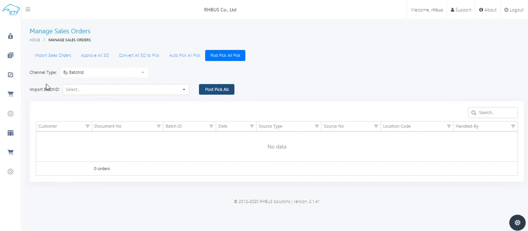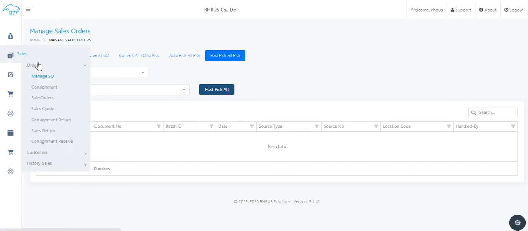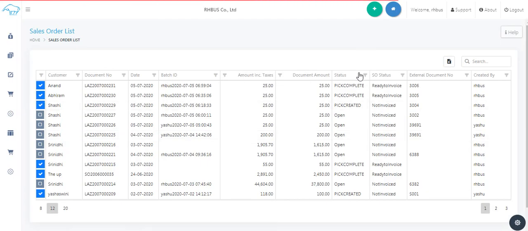So now if I go back to my sales order and see the actual status of it, so see here Anand. Okay, so you can see the pick completed, the status is ready and it's ready for the invoice. So the further process is you'll go to the finance part and you'll pull the sales order and you'll invoice this. So this is the complete process of how you can automate through importing through Excel or API.